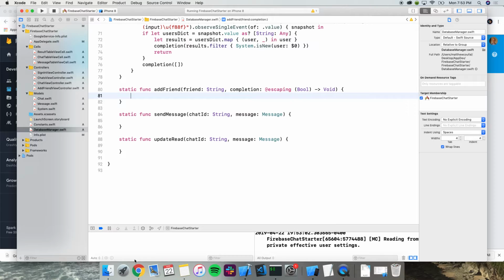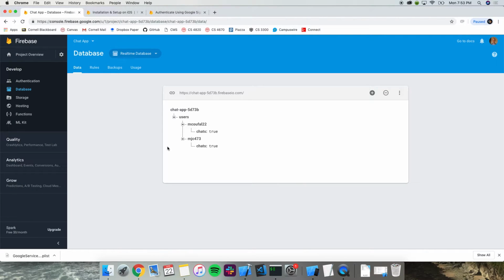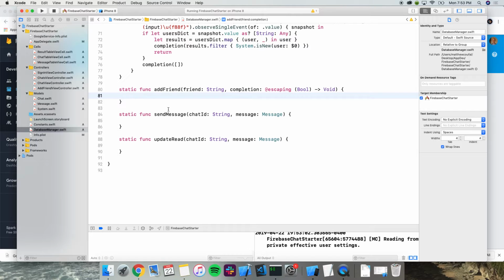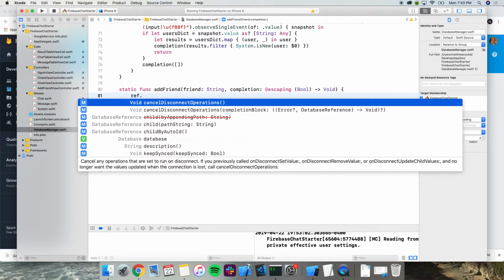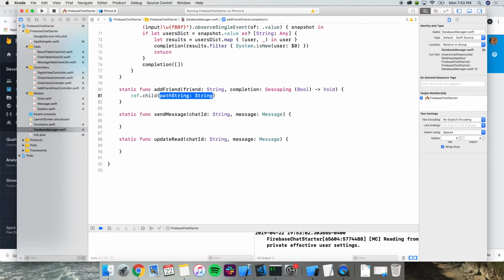All right, so you didn't see anything happen in the database yet. So we want to actually make changes to the database to reflect the actions that we take in the app. So what we can do, pretty much the same thing. We have our database reference. And then we create the path here. It's going to be chats. So adding a friend, I'm going to make equivalent to creating a new chat with someone.